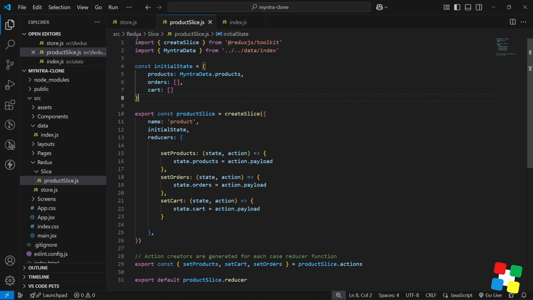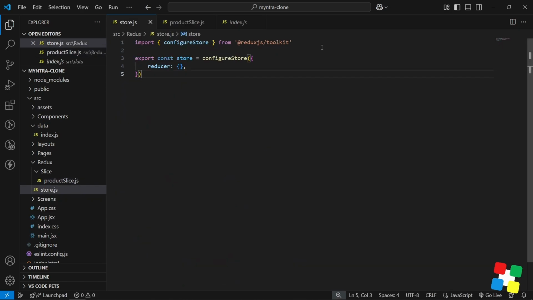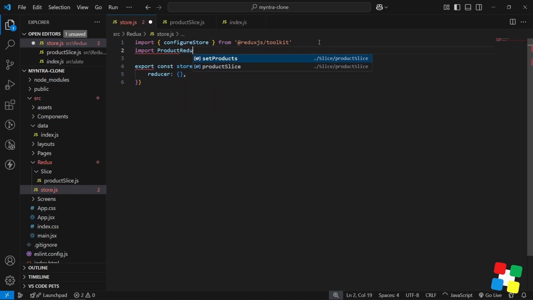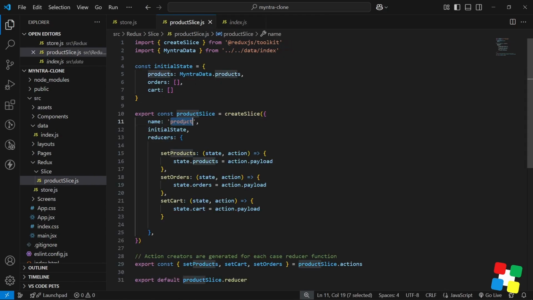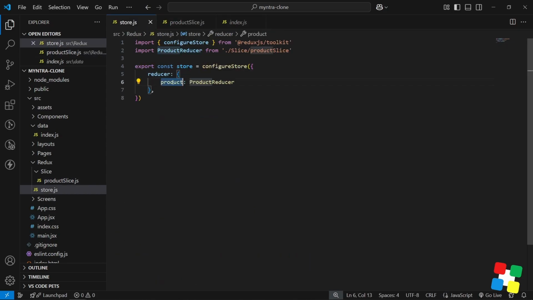Now we have to import inside the store. Let's import it. Product reducer will name from slice. And inside this we are going to say product and the product reducer. If you see this particular name, we have to use it over here. So once we do this, we have to go to the